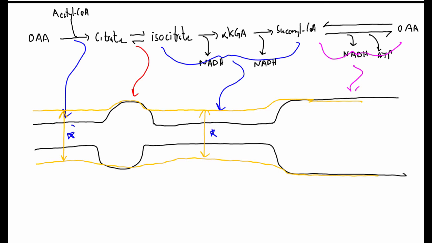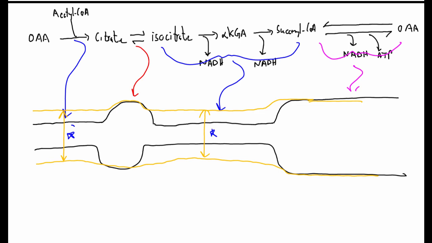And the cell knows that it needs ATP because ADP levels are high and NADH levels are low, and that means that maybe there's just not a great enough source of NADH to make that ATP. And so there then would be this increased flux through the citric acid cycle